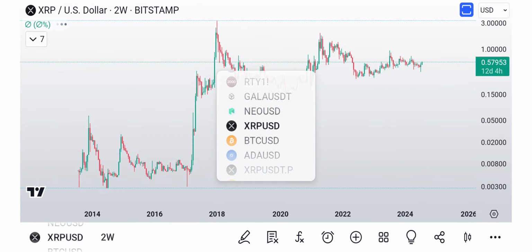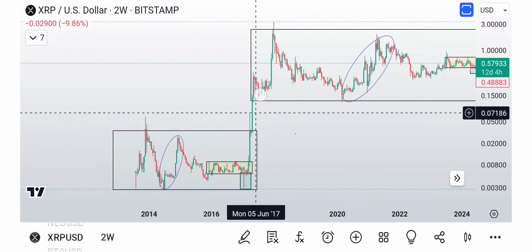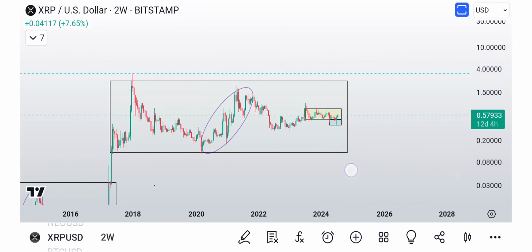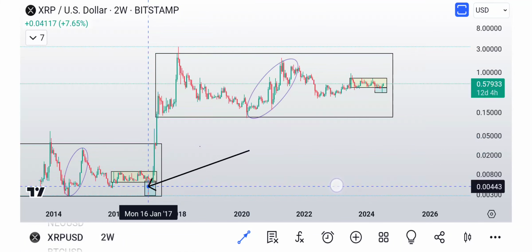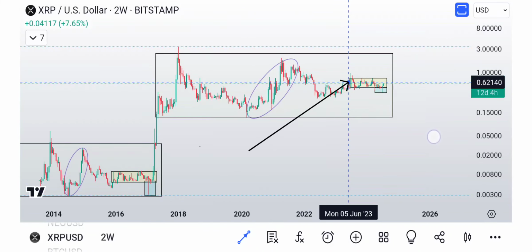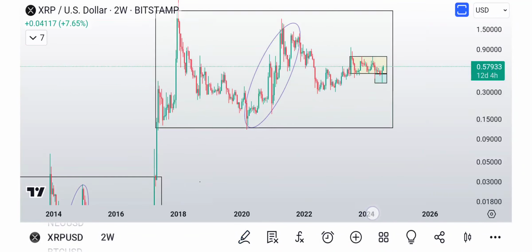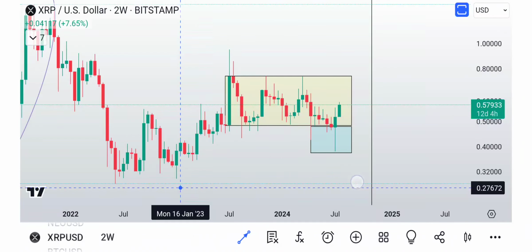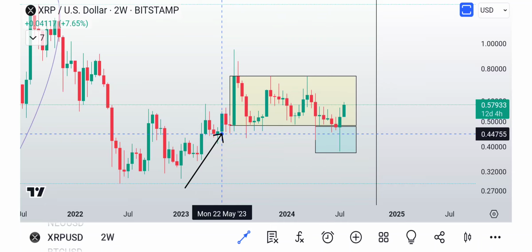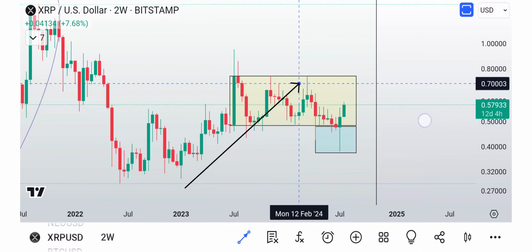So let me go back to XRP. And where was XRP? Exploded right here, right as Bitcoin was breaking out of all-time high. So it's actually in the same position, right? So what else? Well, you can see right here was our liquidity grab. That's the same thing, right? We bounced into this yellow zone. We're bouncing on support. Actually, let me just zoom in here and let me show you, right? We were bouncing, and I'm going to get to the Elliott waves and things like that as well. That's another reason. But essentially, we were bouncing here, bouncing there, bouncing back, and then all of a sudden we